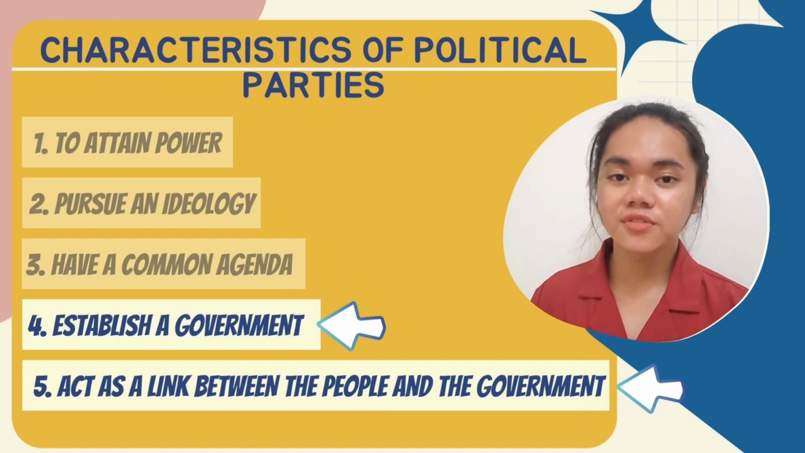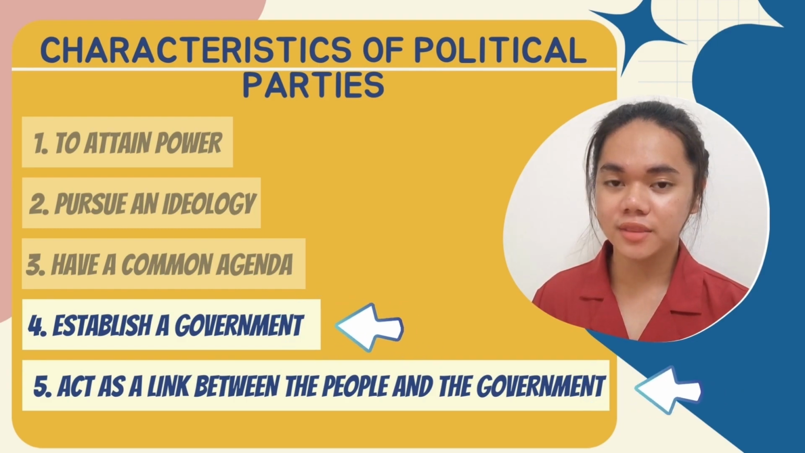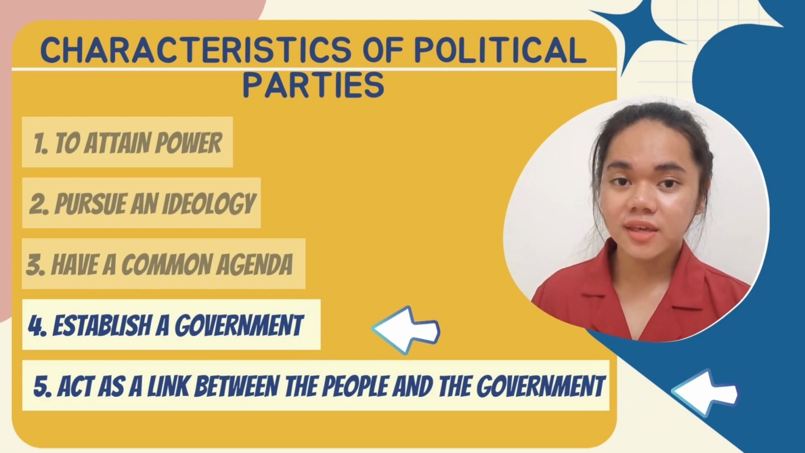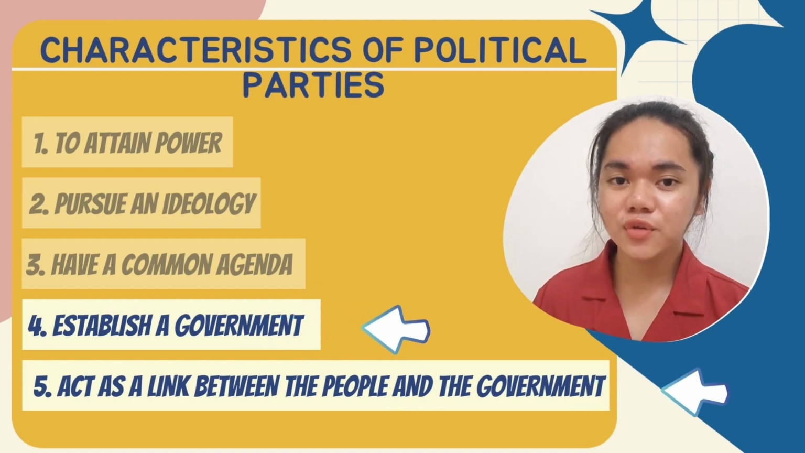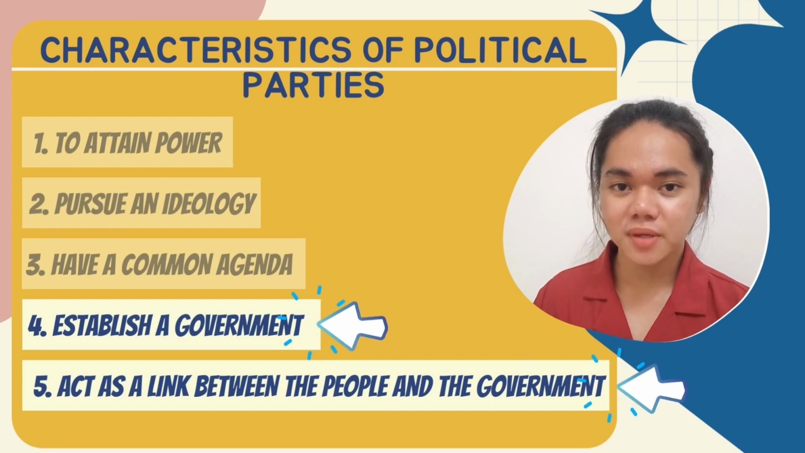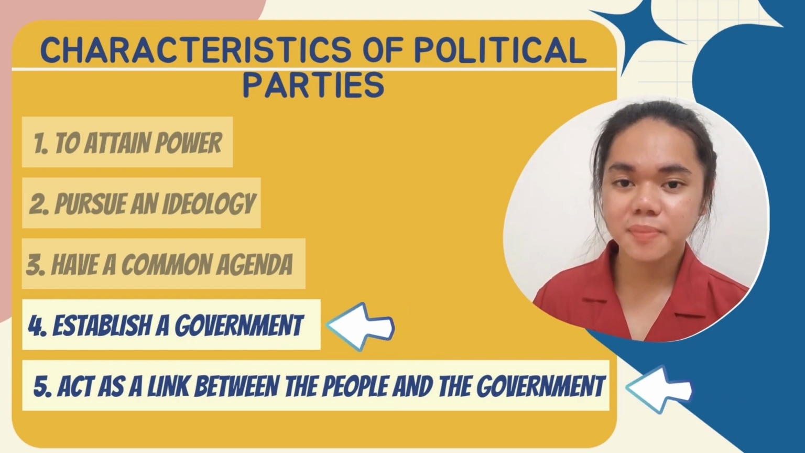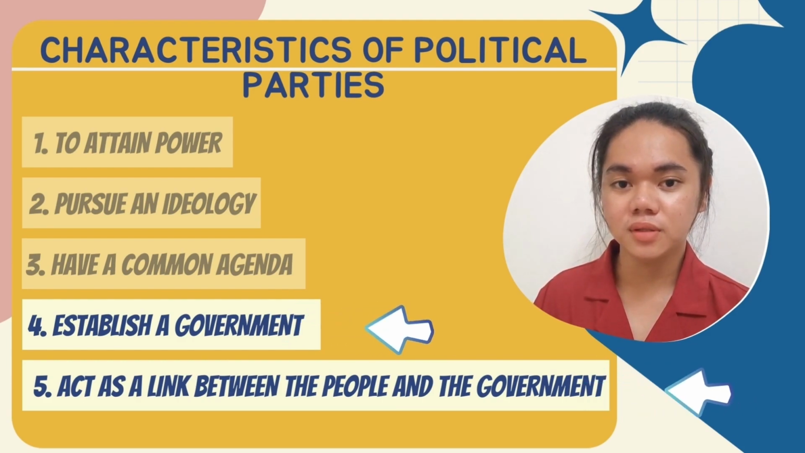So the fourth and the final characteristic is to establish a government and act as a link between the people and the government, wherein they assist the people in determining who to vote for and give power to, in order for the people to know whether they promote good governance and attend to their responsibilities as public officials with all their might. Because they are expected to serve the nation and the people, coordination between the government and the people